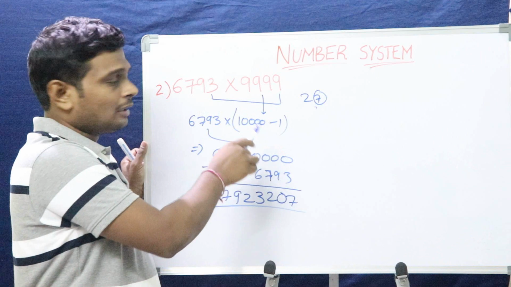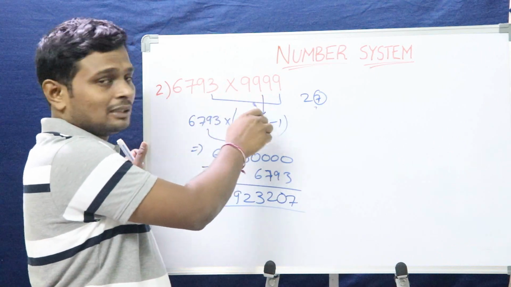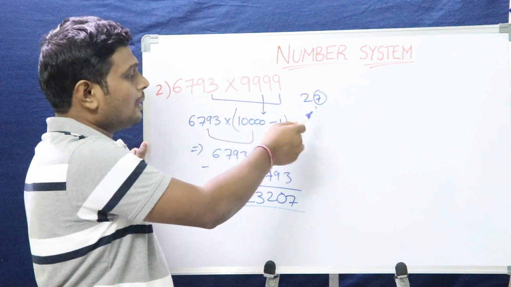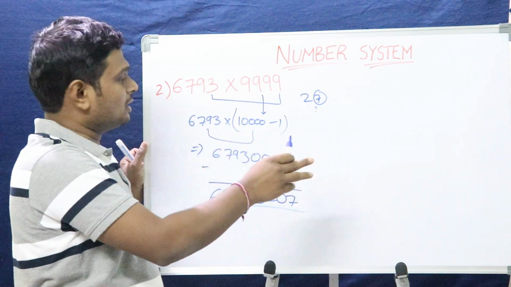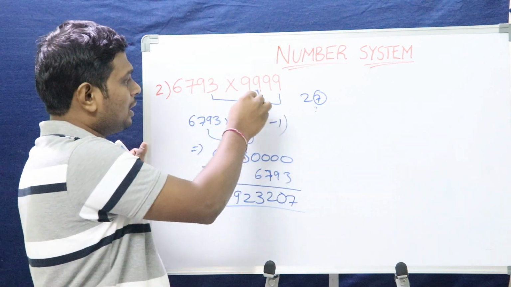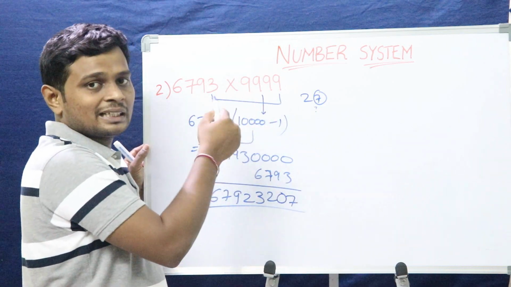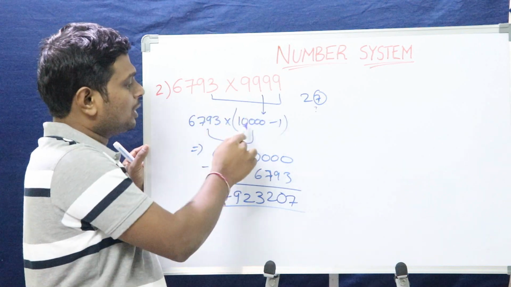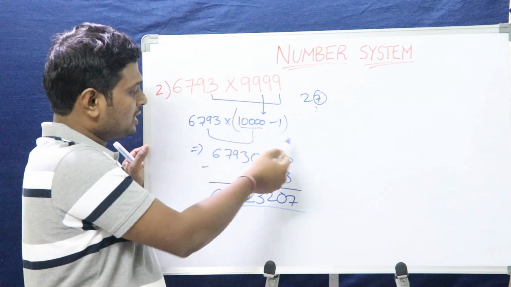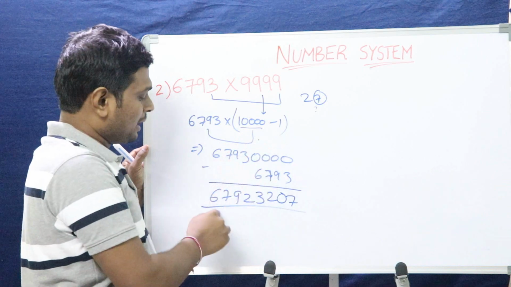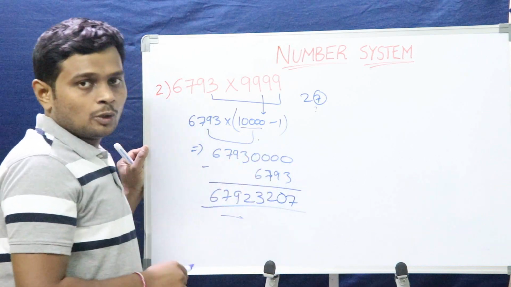What we have done here, first of all, we have calculated the unit digit, that is 7. If I have only one option, that is the answer. If you have multiple options, then we have to round it off to the nearest zeros. Double n can be rounded off to 10,000 minus 1. We have multiplied and subtracted. This is the answer. I hope you understood it.